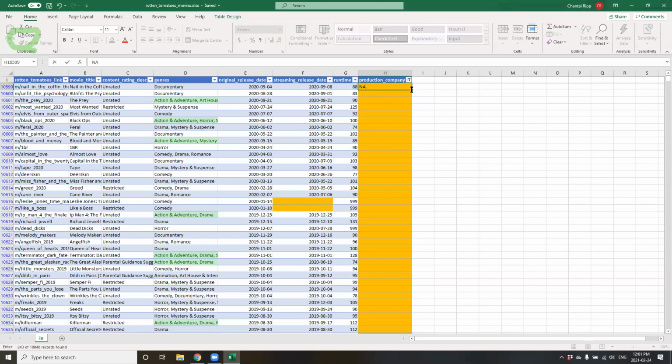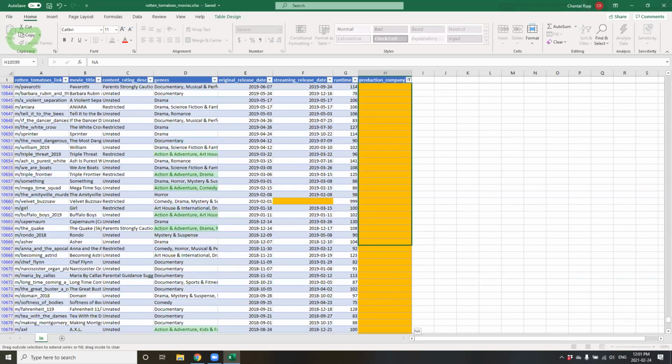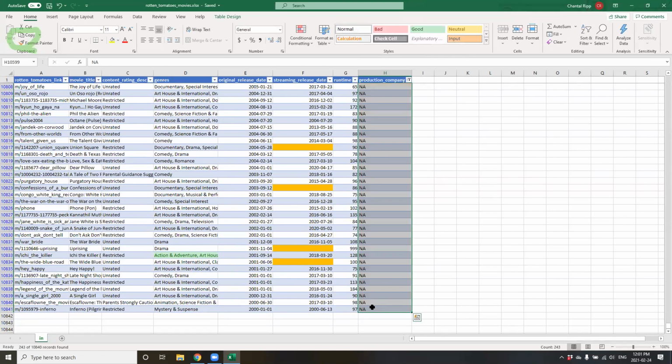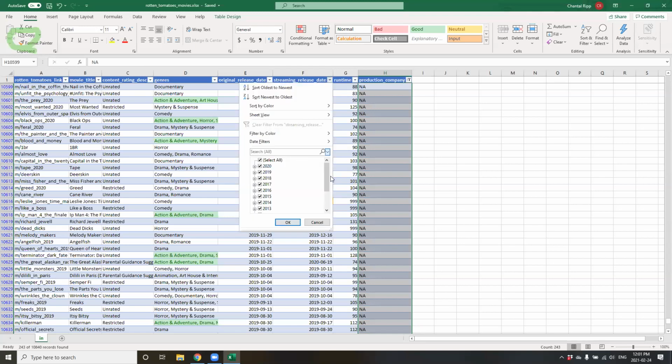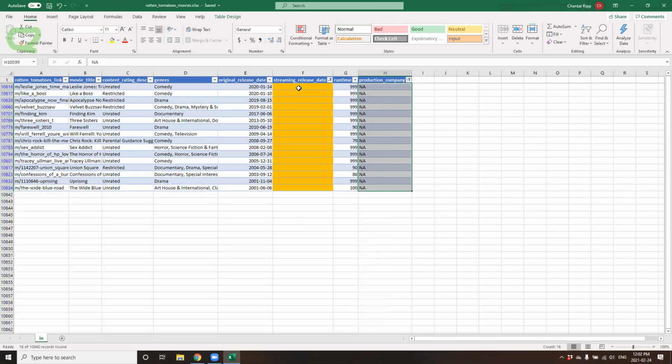And as a quick fill, I'm going to bring it down. I want to be consistent throughout my data. And I can see when I look quickly across, the only other column that had blanks tends to have been the streaming release date. Another option is when you're filtering across your columns, if I deselect all, blanks do come up as one of the options. I can click blank, go to the top of my data set, and apply that across. Now I shouldn't have any blank cells.